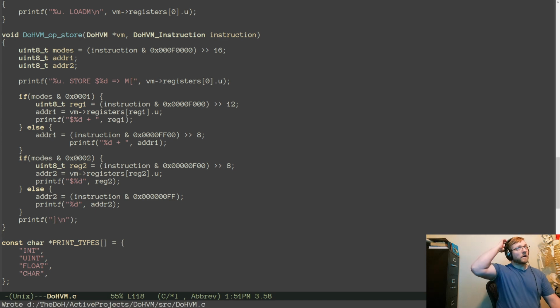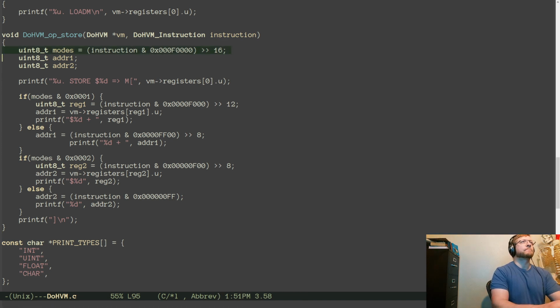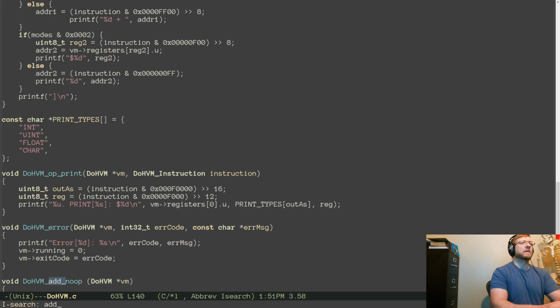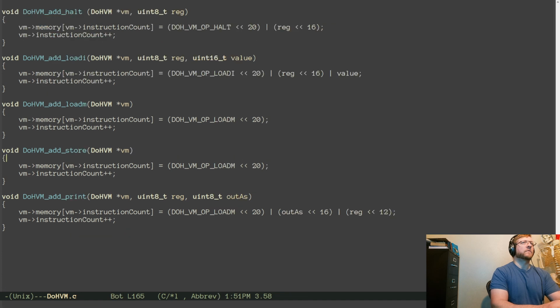And that's a store operation, basically, which is a little bit complicated. So if we add the store operation,